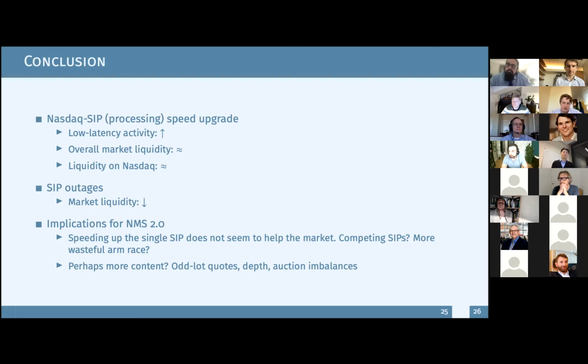But imagine if you have multiple SIPs, which SIP should I look at? Because depending on where you are, I mean, your geographic location and which SIP you subscribe to, you might have different prices at the same time. And which is the price that we should really use as a consensus? I think that's another issue of having multiple SIPs.